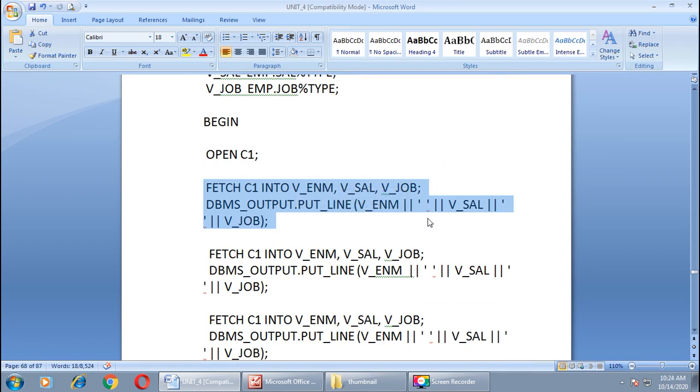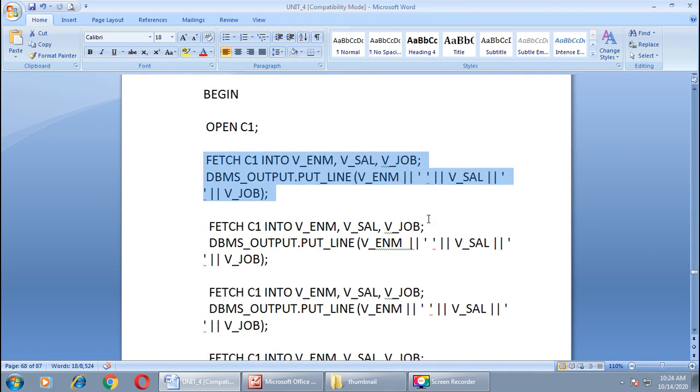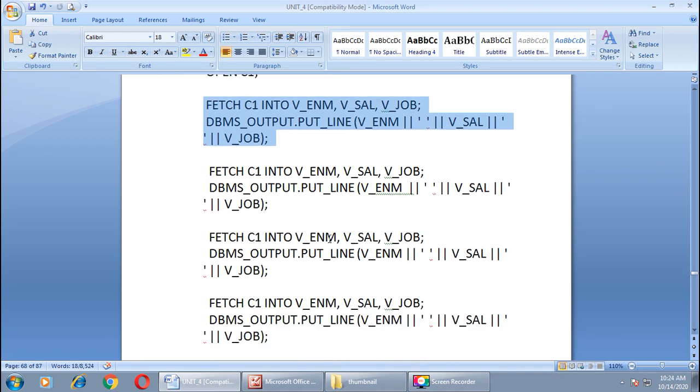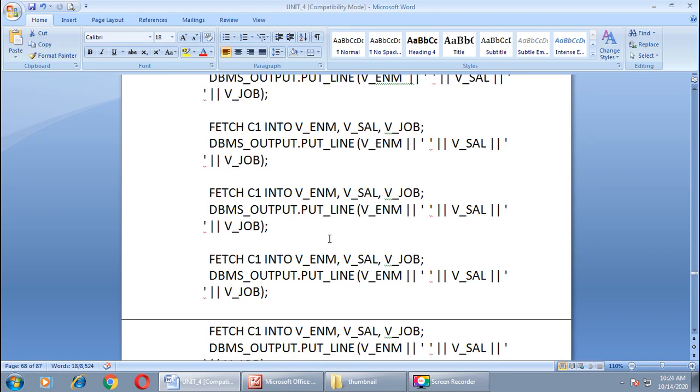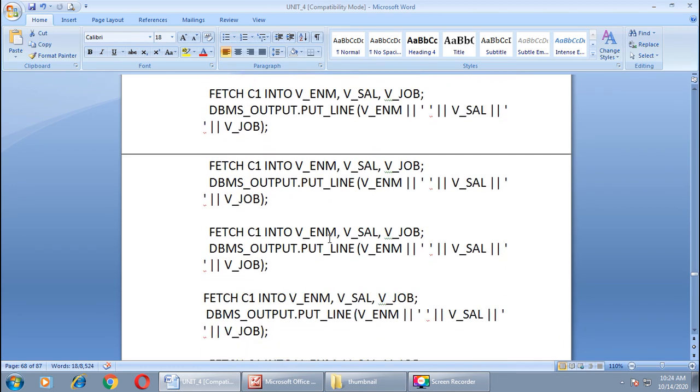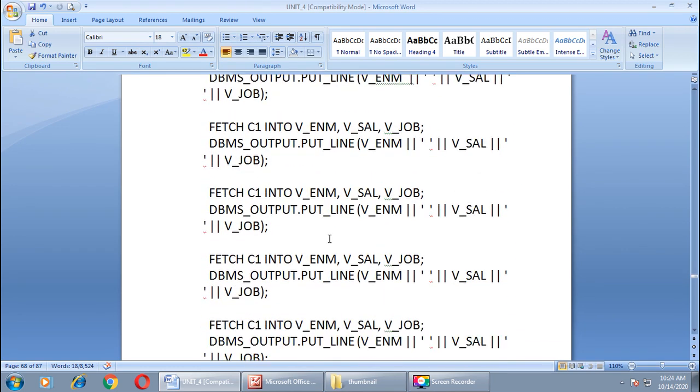For fetching the 14 records from the employee table, we have to write the fetch statement 14 times. This is a very tedious job, as I explained in the previous session. Today we are going to learn the solution of this problem.